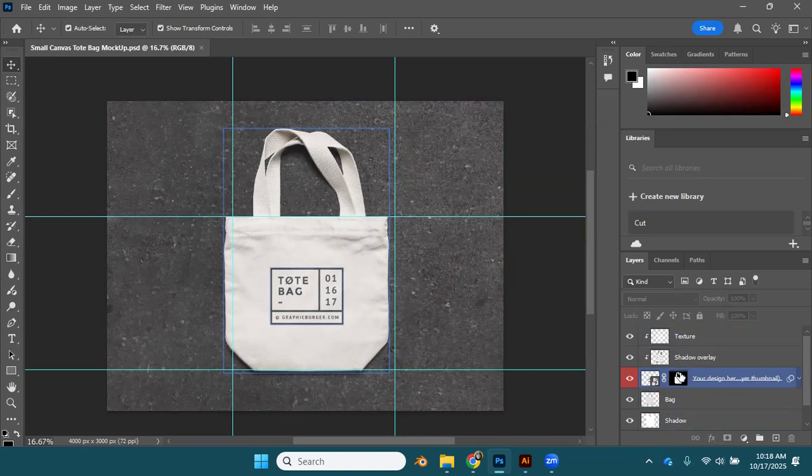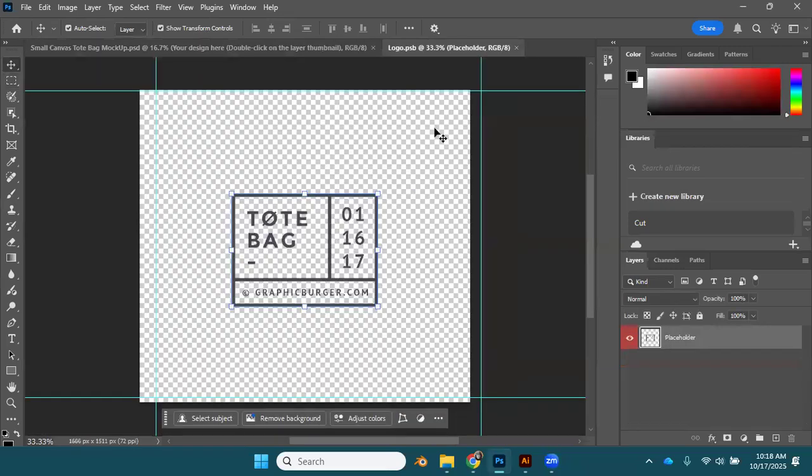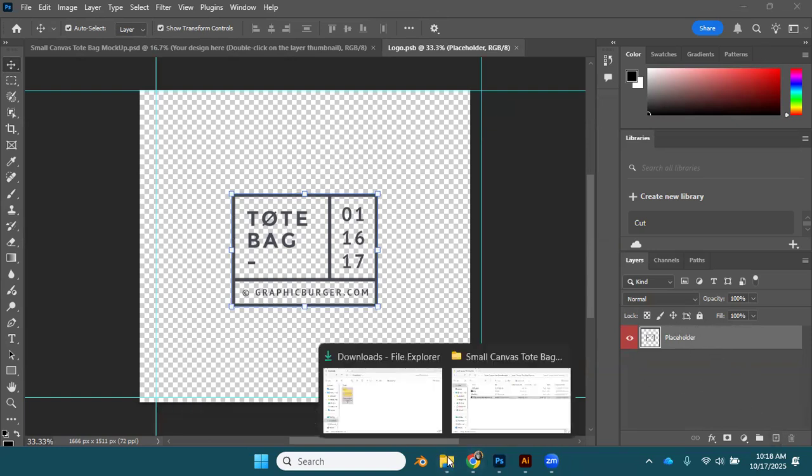So I'm going to double click not on the words right here. I'm going to double click on this little icon on the thumbnail. And when I do that, I click OK, and it's going to open a new Photoshop tab. This is like the inside of that tote bag. This is the design. This is where we're going to put our design. You can see this is the example design they had, and I'm going to ignore that for right now and go to my Finder folder